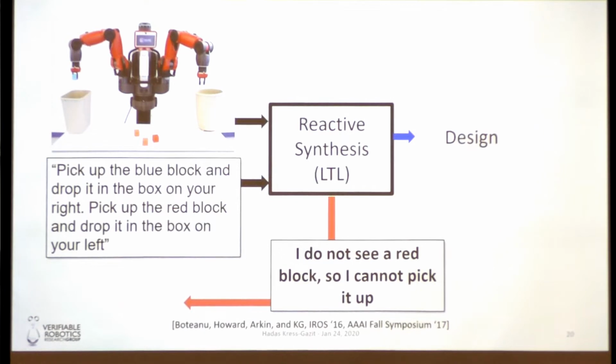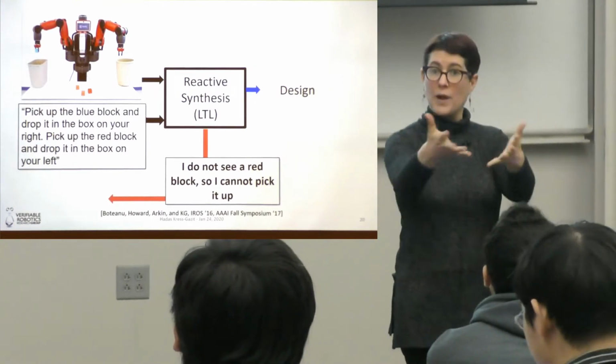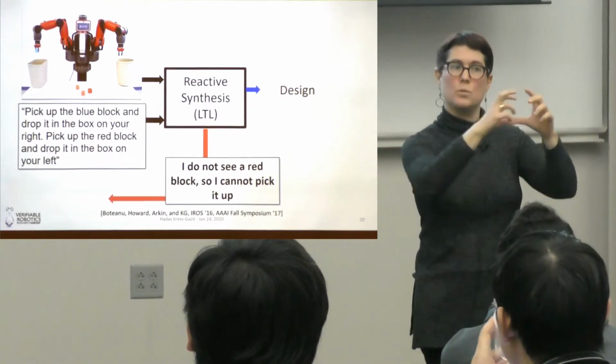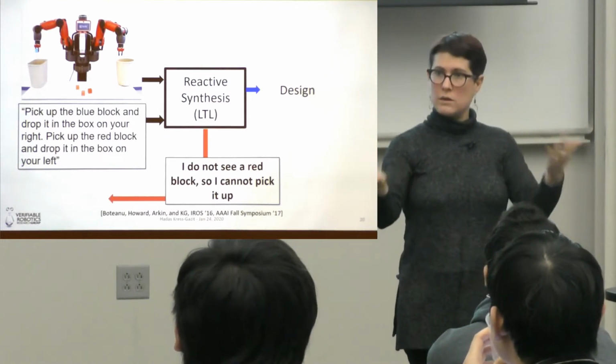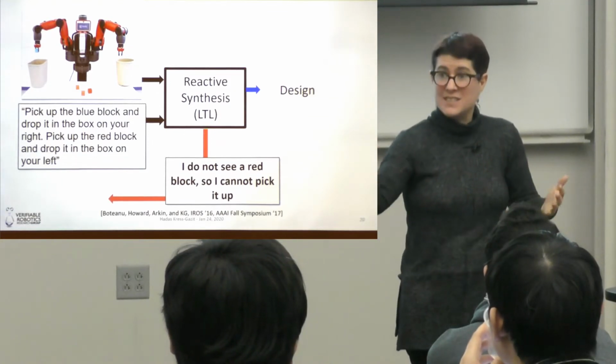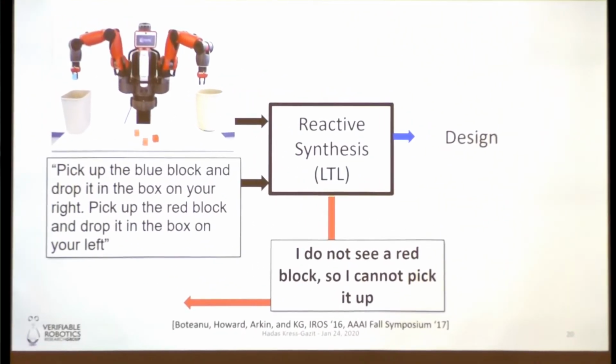What could be the feedback here? The feedback here could be, I don't see a red block. Am I going to see one? So we have some work on being able to use the information that we have from the task and from the grounding of the words, so blue block, red block, and all these things, to say, I can't do it in this current situation. So you asked me to pick up the red block. Am I going to see a red block? And then you can continue from there. All right, so that was a very quick going through. Really, the point of that was to show you that the questions of synthesis and feedback and abstractions really capture a whole bunch of different robotic systems that we should care about.